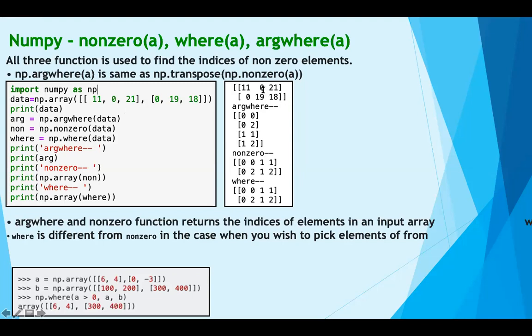The only difference between where and the other two is that it has another feature: if the condition in the argument is true, then it will return the element of the A array. Otherwise, it will return the element of the B array. Let's take the example for reference here. The condition is A greater than 0. If this condition is satisfied for this element, so this is greater than 0, so its value is returned here, and if the condition is false, then B will be returned here.